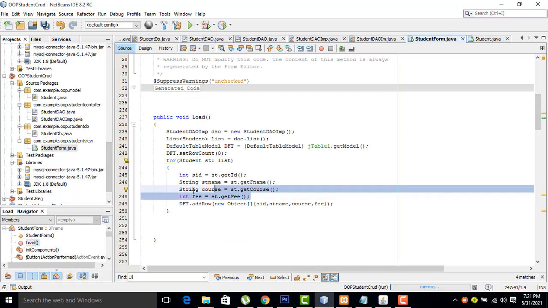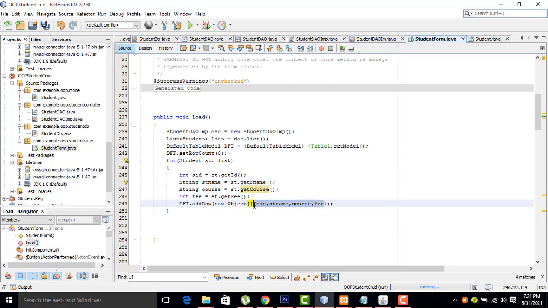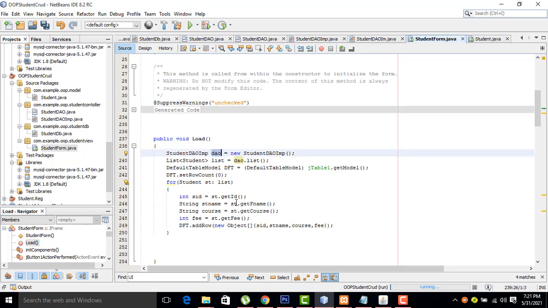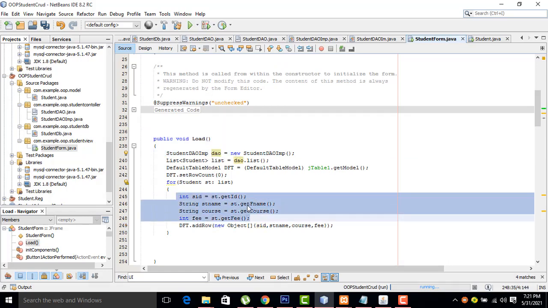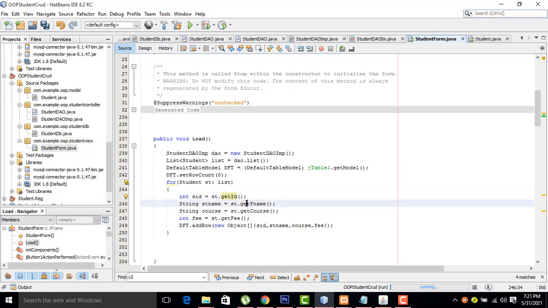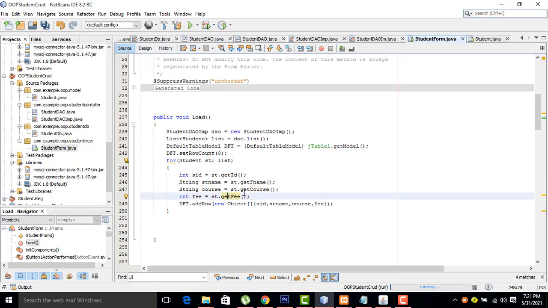After getting all the names from the list, all the names you set into the DAO are retrieved here. Get name, get ID, get first name, course, and fee. These are all the things we are passing to the JTable, the JTable object, the DFT.